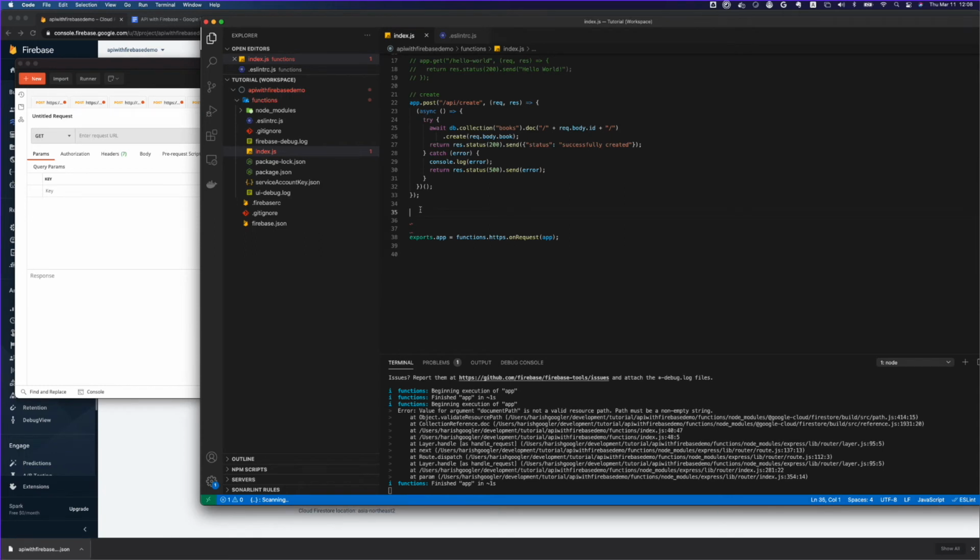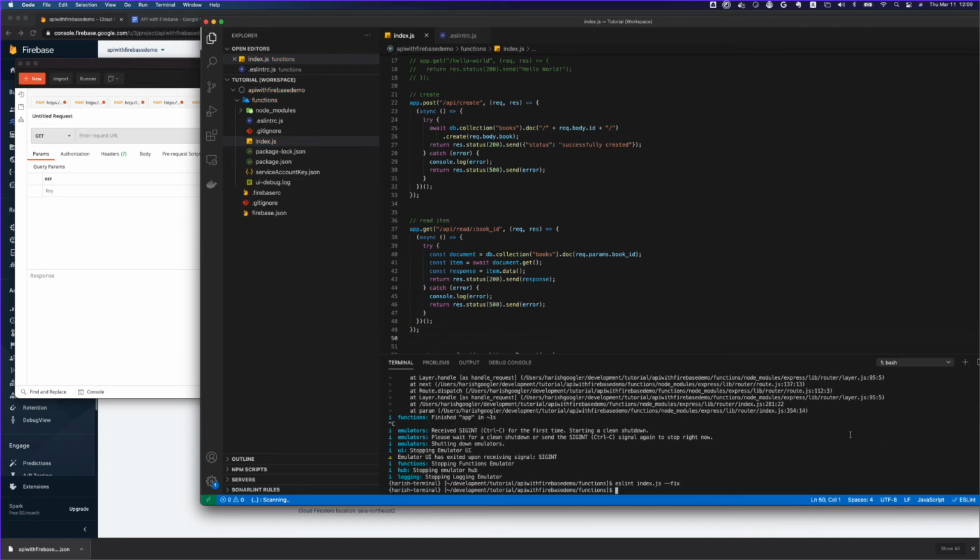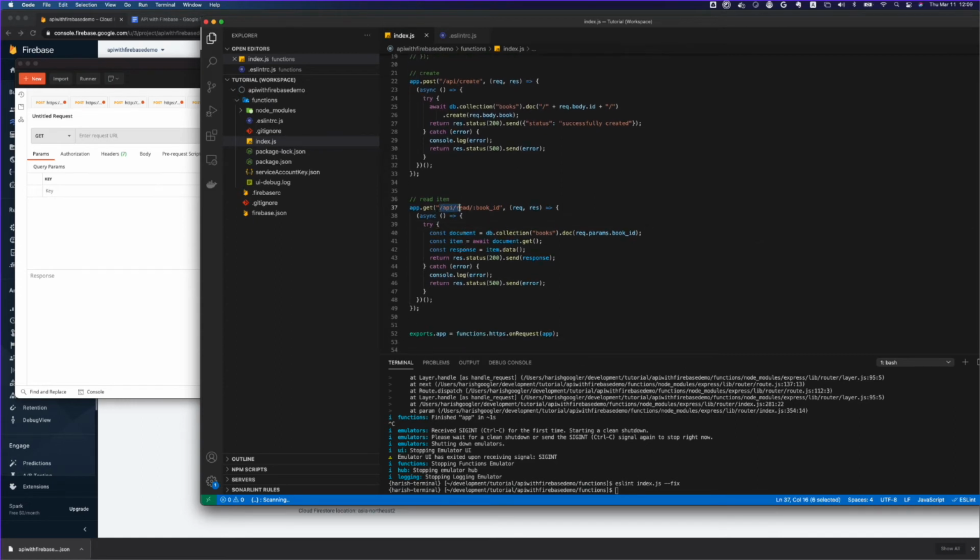So now let's create a GET API for our books. Whatever book we have created, we want to read it back from the collection, and I'm going to paste some code. I'm going to stop this emulator from running because I want to do some linting to fix this. Okay, what is happening here is I created an API read with a request parameter called book ID.